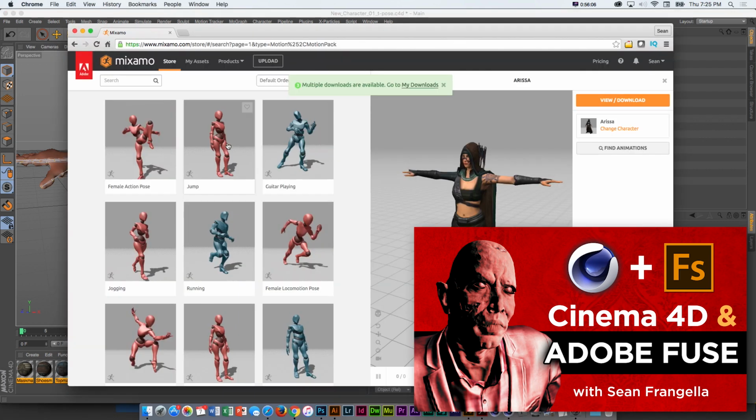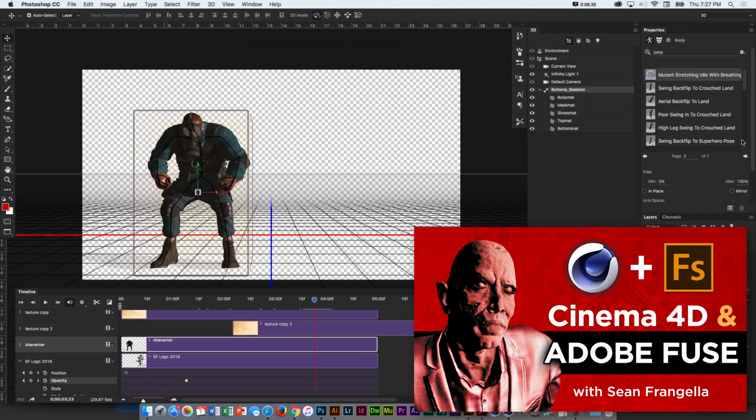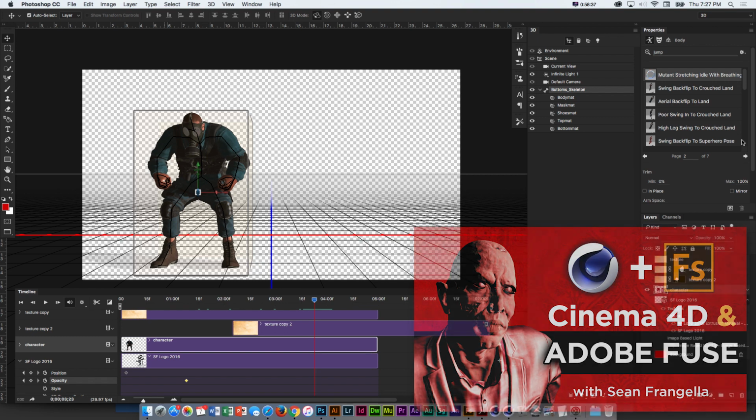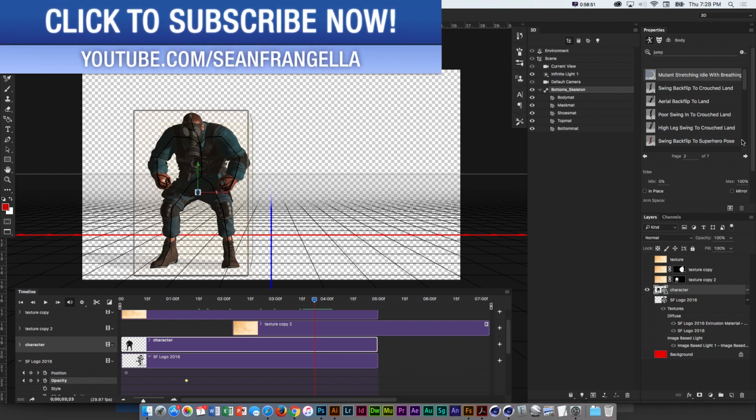But the main thing to know is that learning any software in this area is not a lost cause if you decide I want to use other ones, or even if you go to a studio and they use other ones. That happens all the time. There's a lot you can do with it. Whether you just want to do character design, or even a potential photo shoot where you need a stand-in to communicate the idea, you could use it for that. Use it just for games and that sort of stuff. If you're totally getting into 3D, you can use it for animation. There's a lot you could do with it.